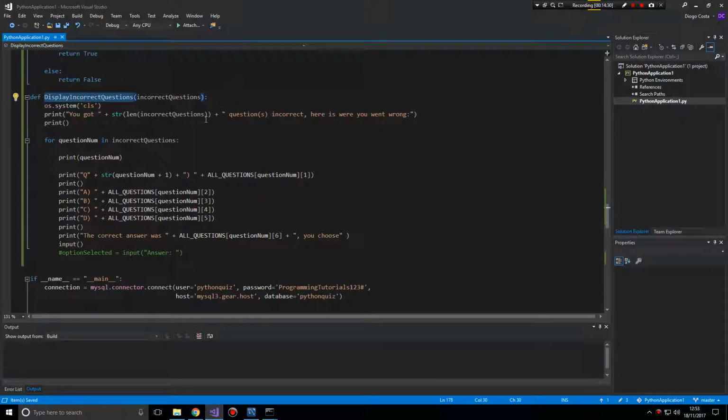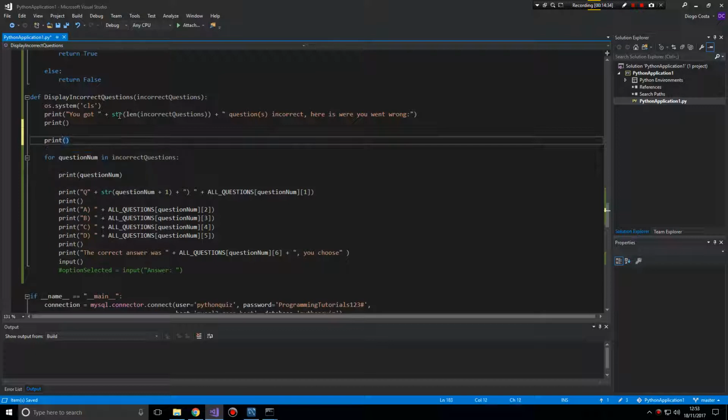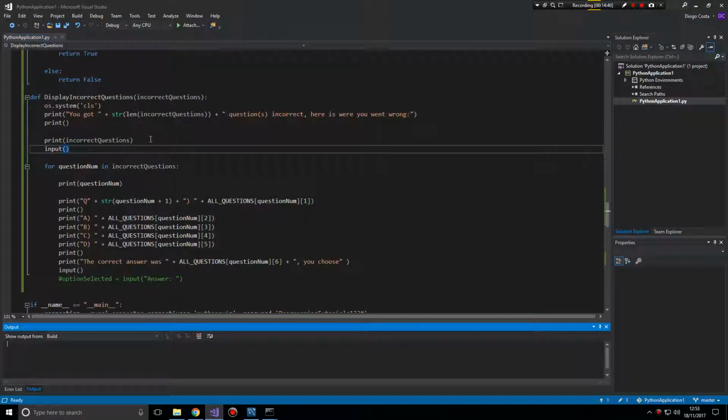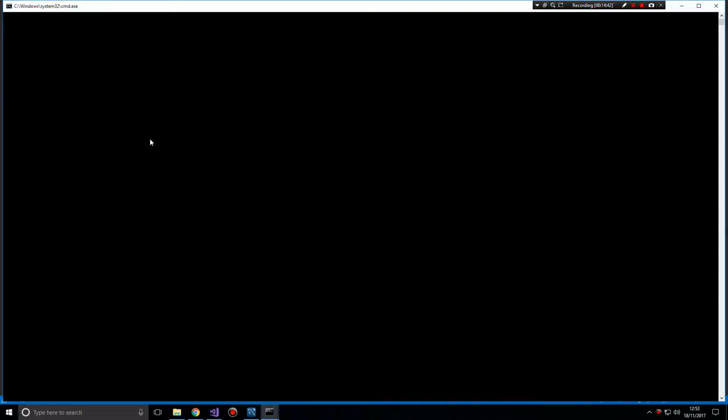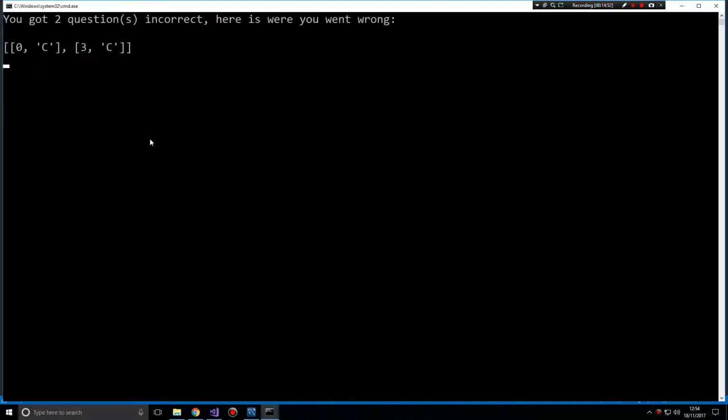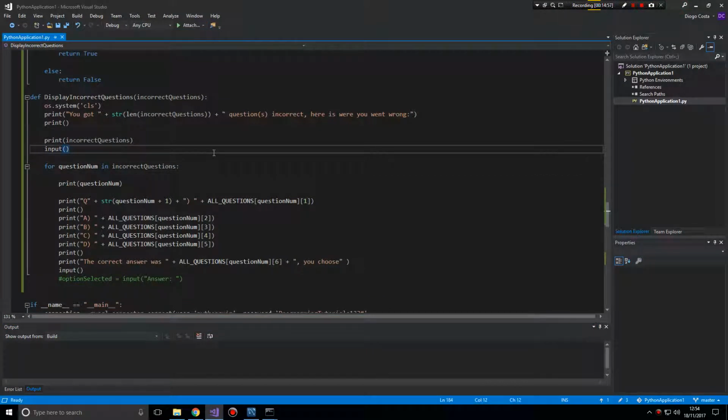Display incorrect. So we're doing over here, okay, print me out all the incorrect questions. Then input. Let's see this. So we've got 2 of them. Okay. Just do